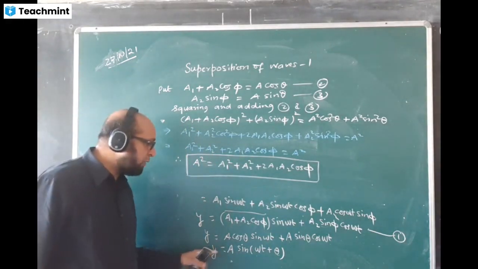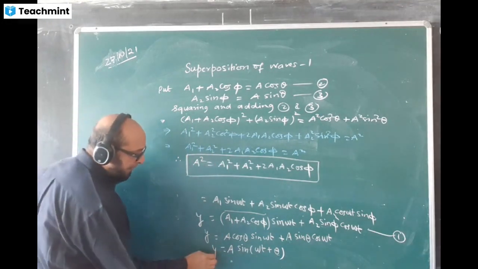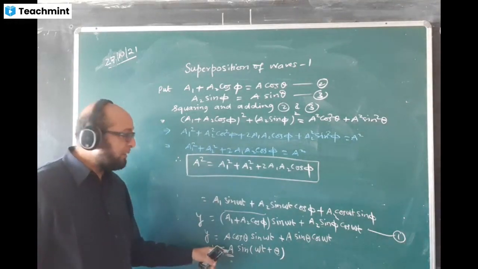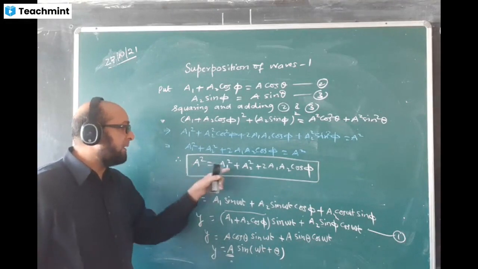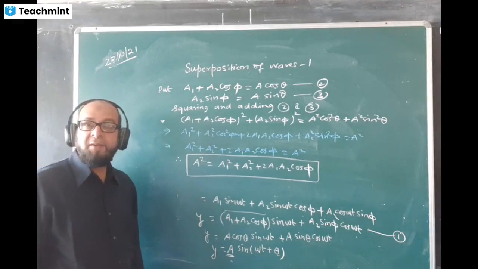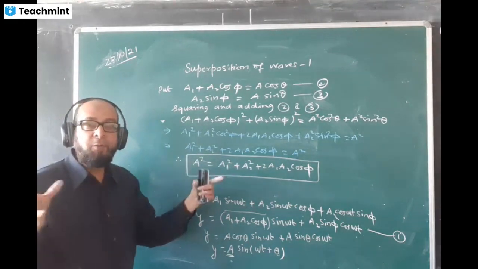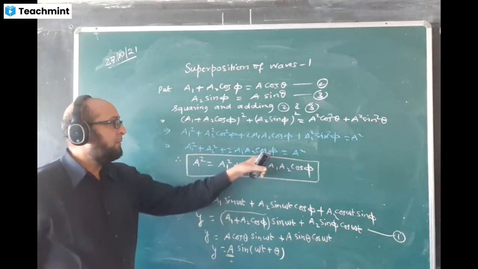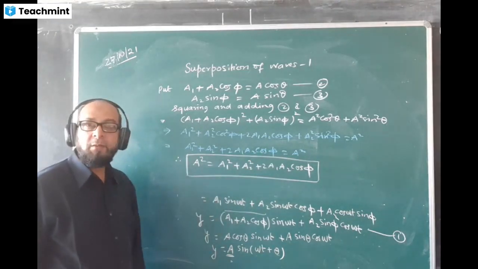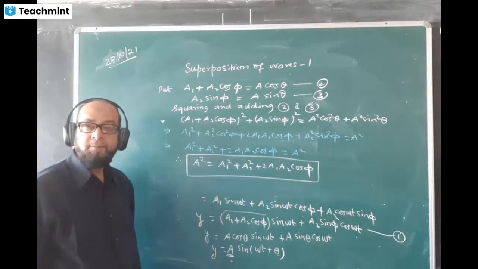That means the resulting wave will also be a simple harmonic wave, something times sin of something. What is the amplitude here? Capital A. What is the amplitude of the resulting wave? Capital A, and the numerical value of capital A is like this. That is why I told you that when two waves having individual amplitudes A1 and A2 are superposed with one another, and the angle between them is phi, the resulting amplitude A will have this vector formula. So this is the actual derivation of why the formula becomes like that.